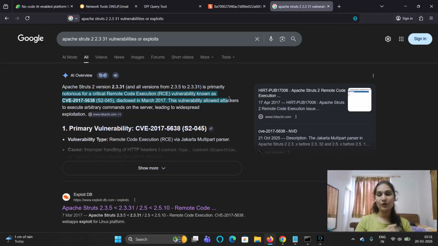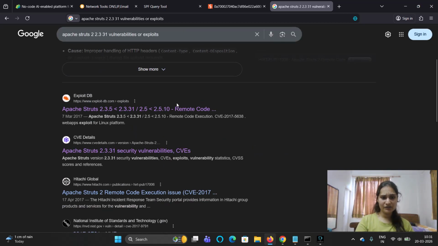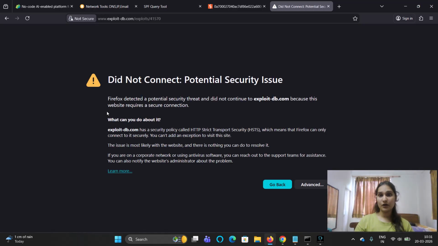And we have found a very critical vulnerability, that is information disclosure, in such a manner because it could be exploited and let the attacker take remote code access because of the execution of this vulnerability. And you can see the exploit is available over here. If you click on it, you would be able to see how you can take